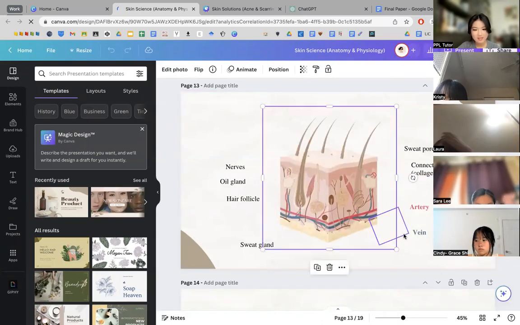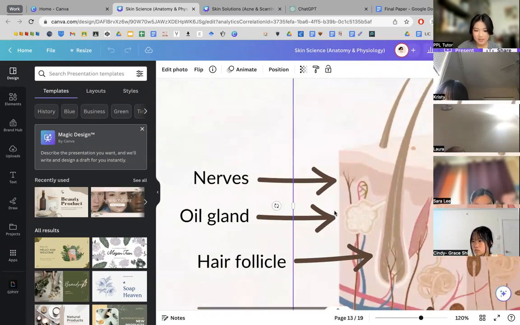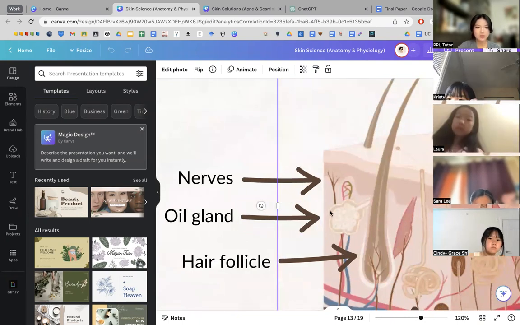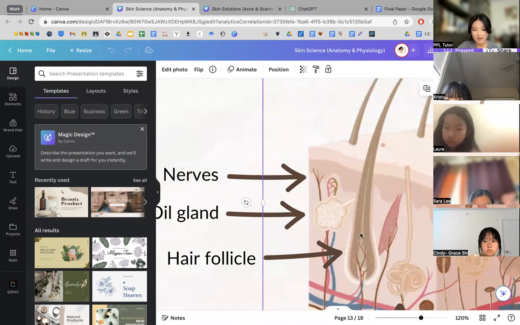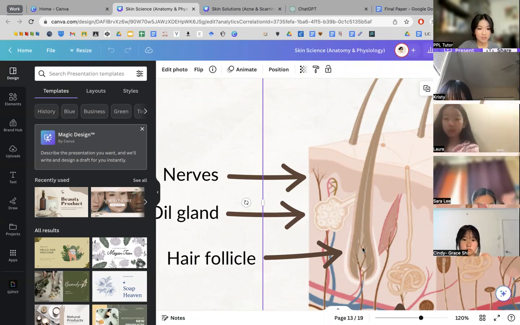Come on. All right. So you can see here, this is an oil gland, right? This little pale beige thing over here is the oil gland. It's connected to the hair follicle. So this gland over here produces oil that goes into the hair follicle. And sometimes it produces too much oil, which causes an overabundance and swelling of oil at the base of the hair follicle. And that could lead to infection because oil is the perfect breeding space for bacteria and all of those little other fungi that you don't really want in there.